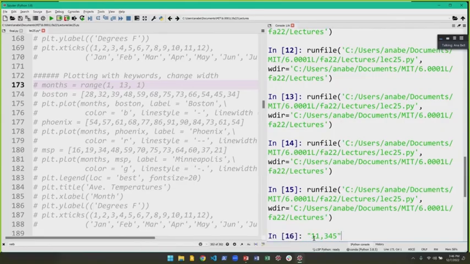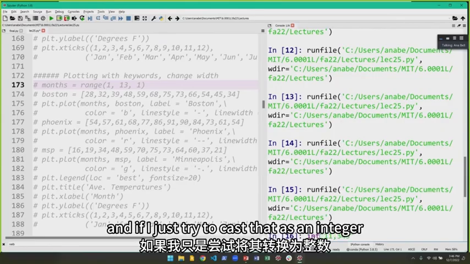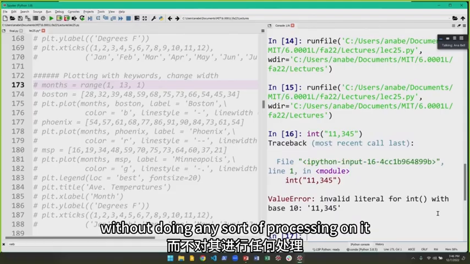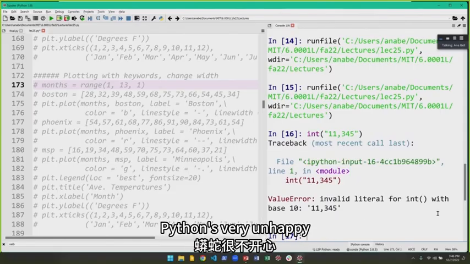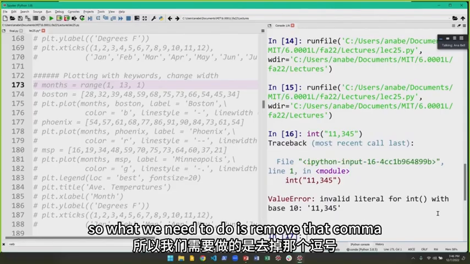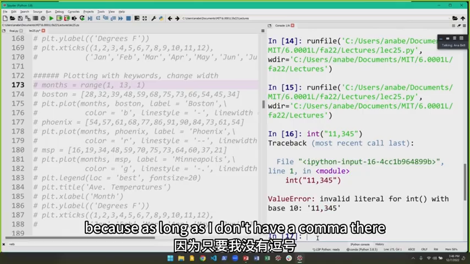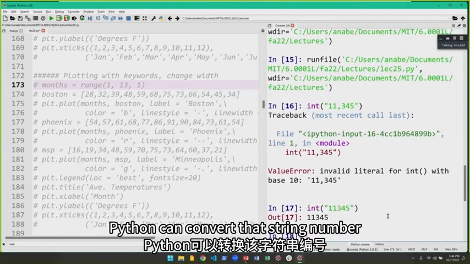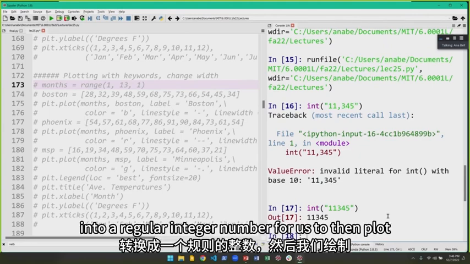And if I just try to cast that as an integer, straight without doing any sort of processing on it, Python's very unhappy. So what we need to do is remove that comma, because as long as I don't have a comma there, Python can convert that